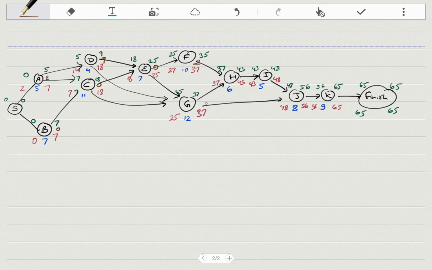37, this is 2. 37, 0. 43, 0. 48, 0. 56, 0. 65, 0. Alright, that means my critical path